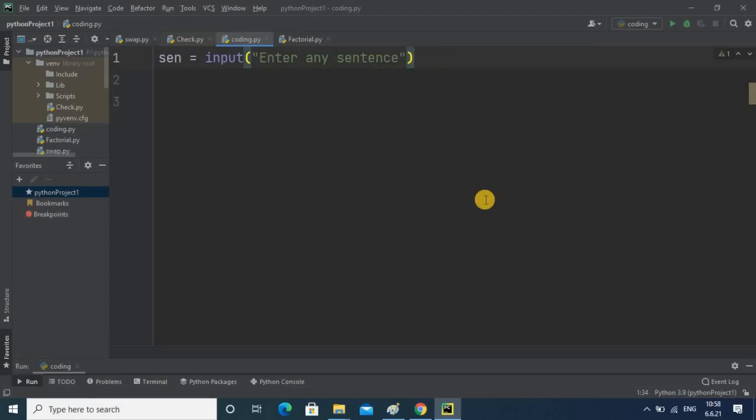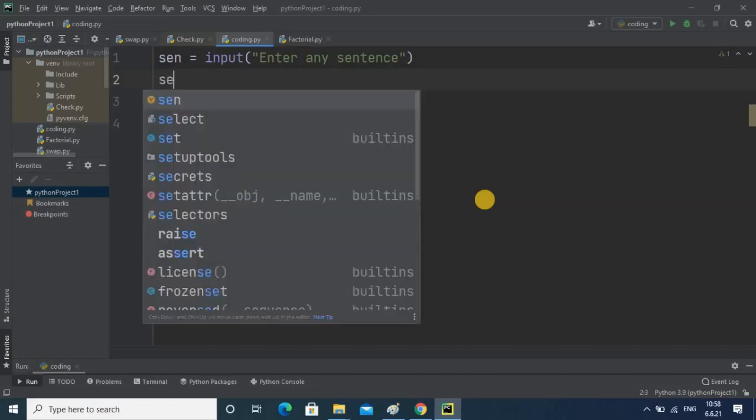By reading this message the user will enter any sentence or any word. Then our task is to convert that sentence into small letters. Suppose anyone is typing a sentence and the first letter is capital, we want to convert it into lowercase.